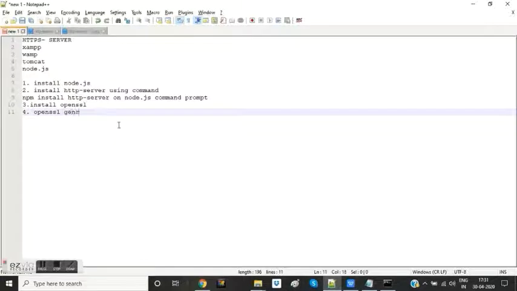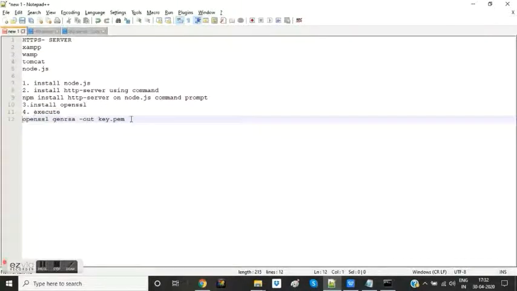openssl genrsa -out key.pem. When you execute this command first, it will generate a file key.pem in the bin folder of your OpenSSL installation folder.